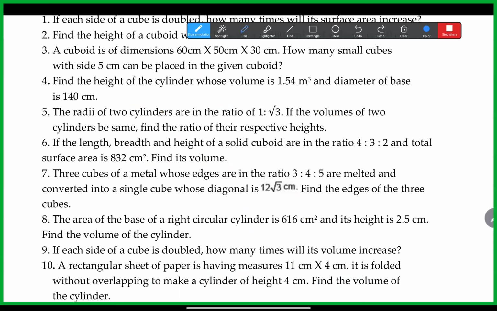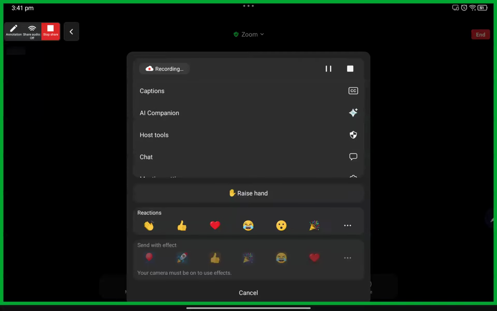Okay, Anusha. Sir, what is the total surface area of